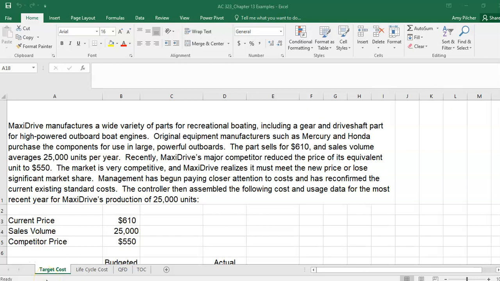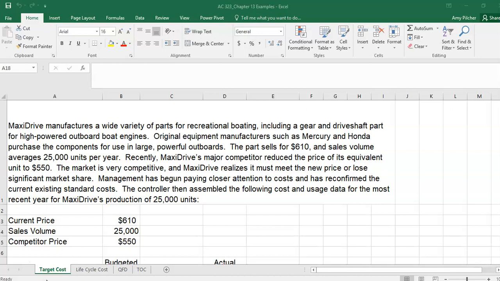Chapter 13 examples for cost accounting. In Chapter 13, we talk about various costings such as target costing. In target costing, this is when the market sets our price. And so in order to get a guaranteed gross profit margin, we have to reduce our costs or create a